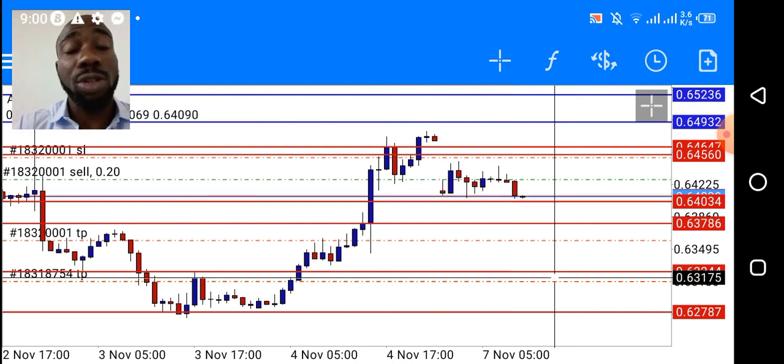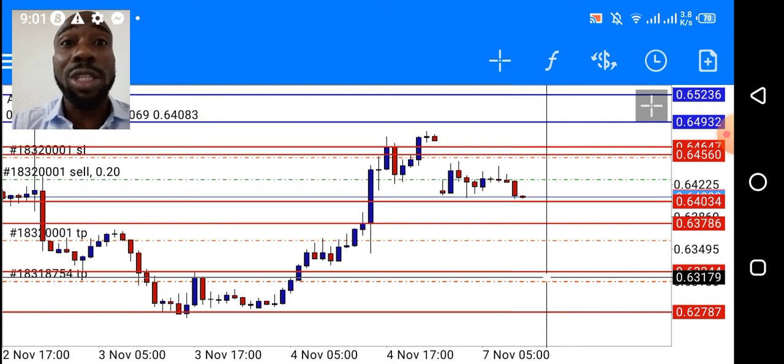Okay, so Australian dollar USD is bearish, and I'm also looking at New Zealand USD. Since both pairs are positively correlated, there's a high probability New Zealand USD would also sell, and GBP USD, there's a high probability that it will sell. But from a long-term perspective, Euro USD, GBP USD, Australian dollar USD, and New Zealand USD are bullish. Long-term perspective, it is bullish. So if you're selling, you know you're trading against the trend. That's why it's very important that you manage the trade